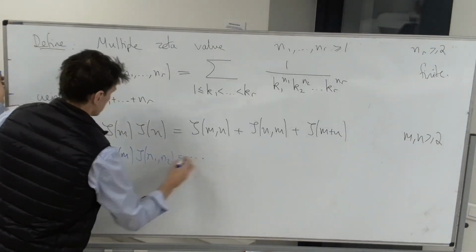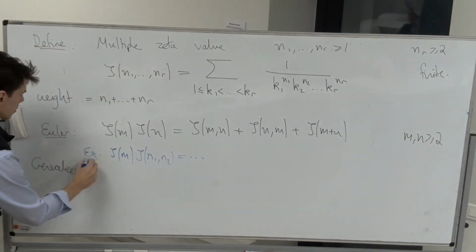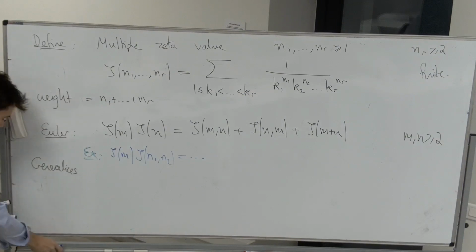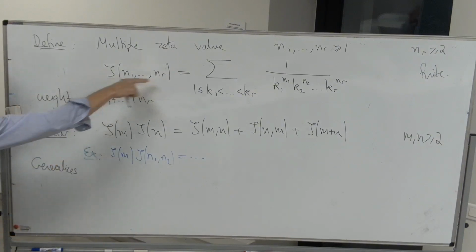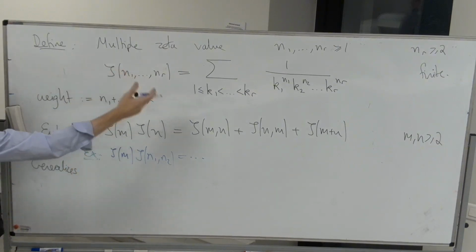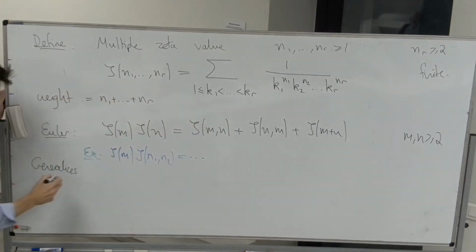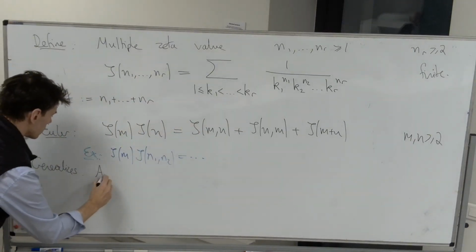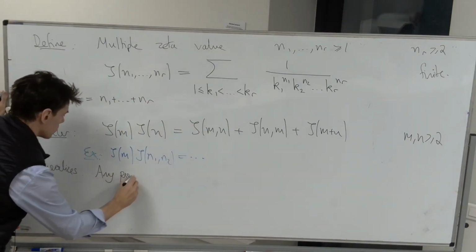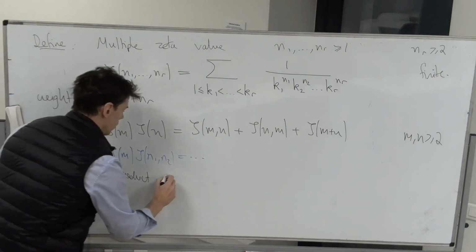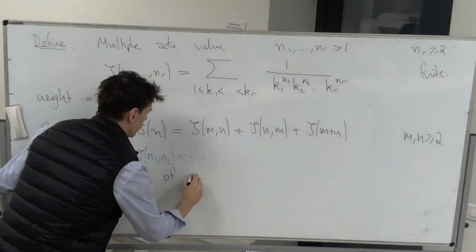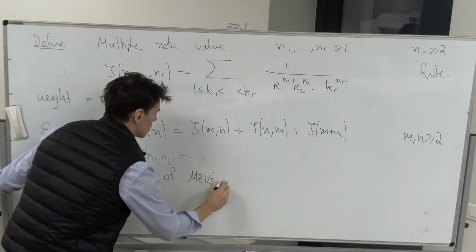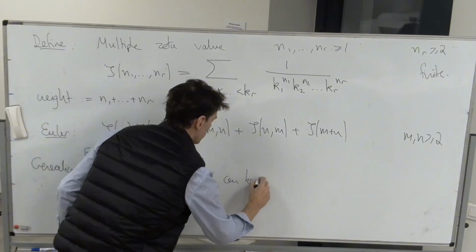And this generalizes. In fact, you can multiply any multiple zetas together and get a linear combination of multiple zetas. So any product of what are called MZVs, multiple zeta values, can be written